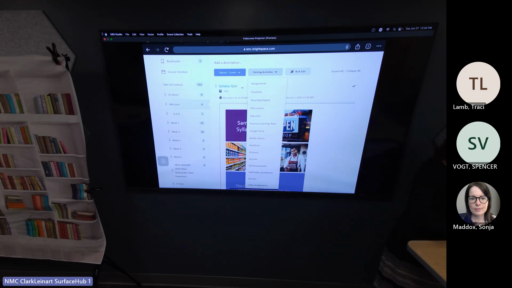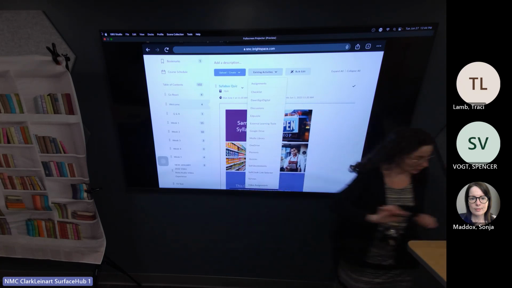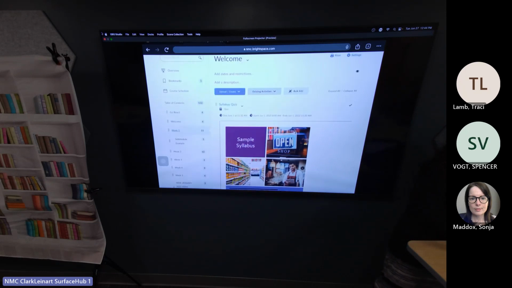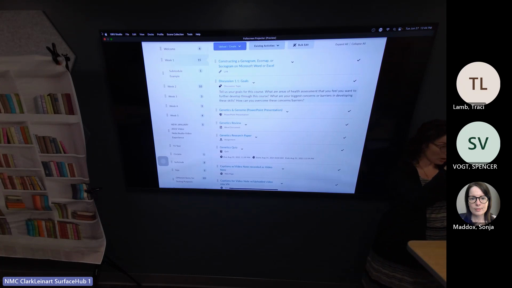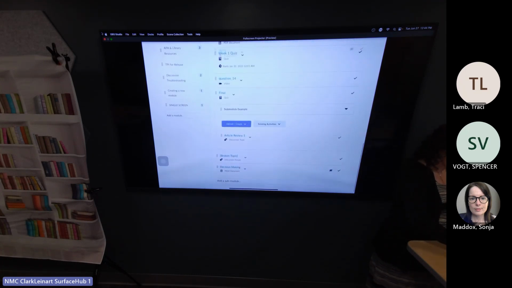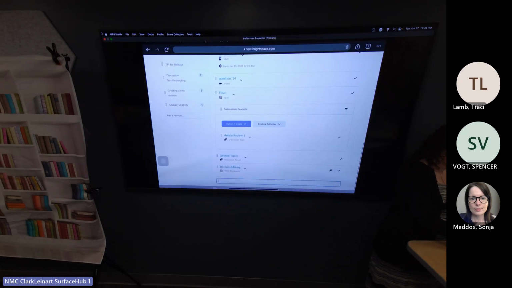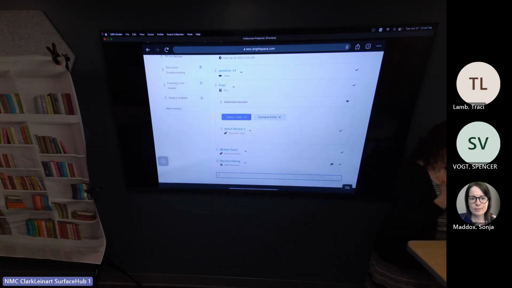Oh, see over here on this side, where if it looks like there's anything, let's pop one out. You can create a sub module, so it'll be part of week 2, but like a sub module. That's the very, very last option, is to add a sub module. And if you want to keep your things grouped, you could do it that way.